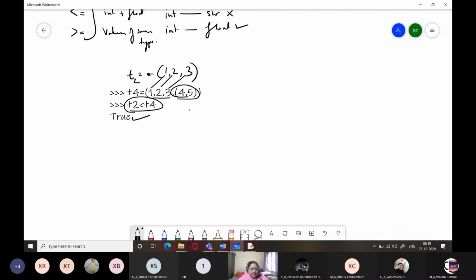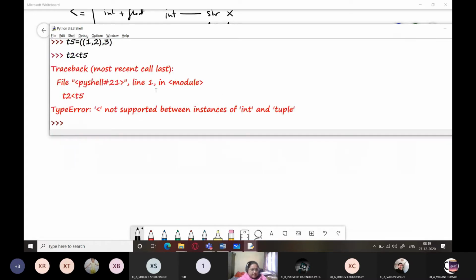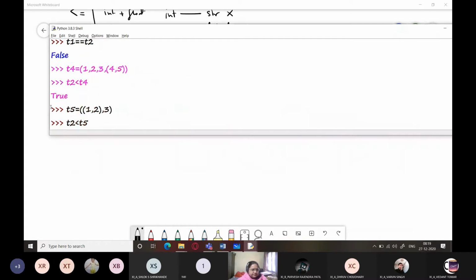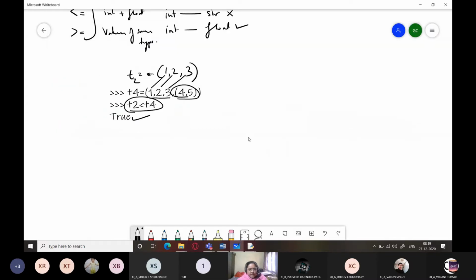But surprisingly, when I do it this way, with the other one, that is T5. T5 is a nested tuple, as you can see here, and T2 is 1, 2, 3, which is a simple tuple. Here it rejects this, it gives us a TypeError. Why?